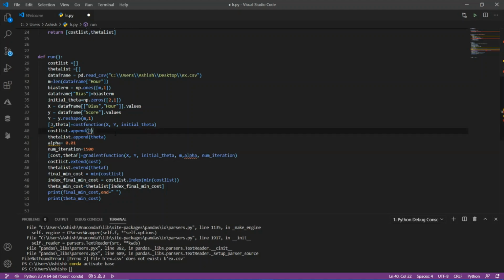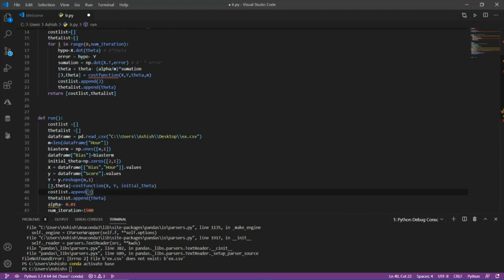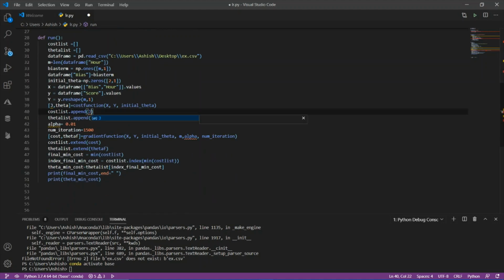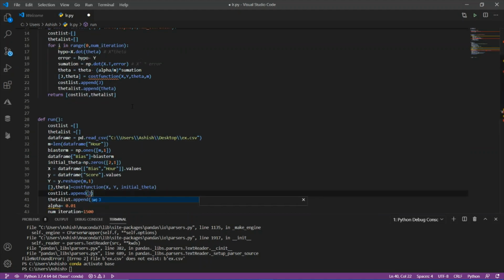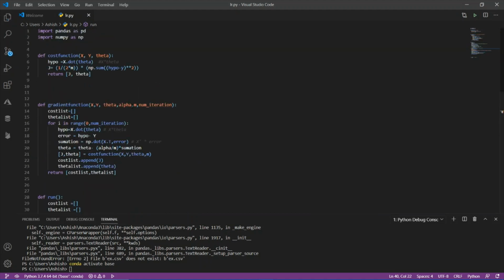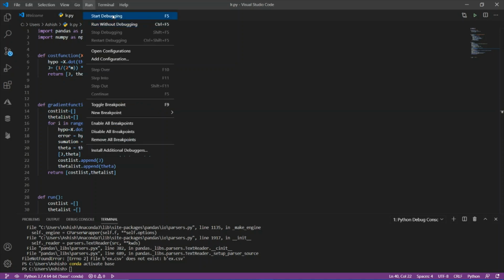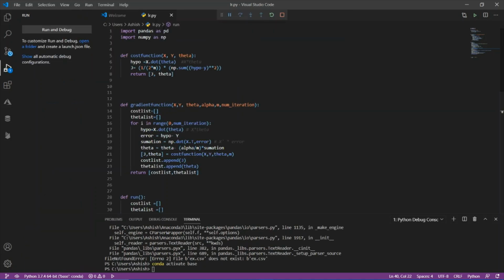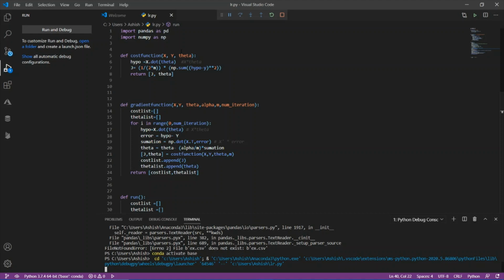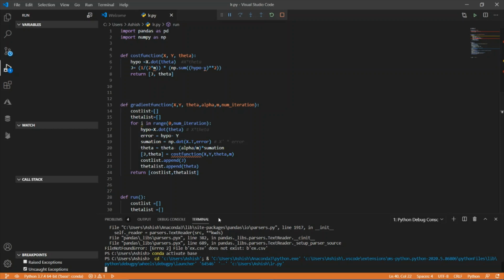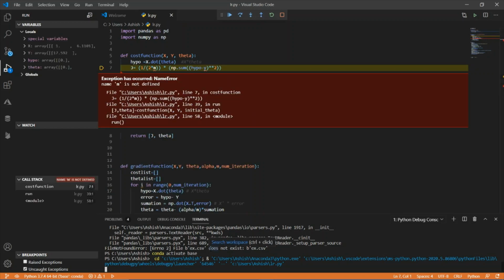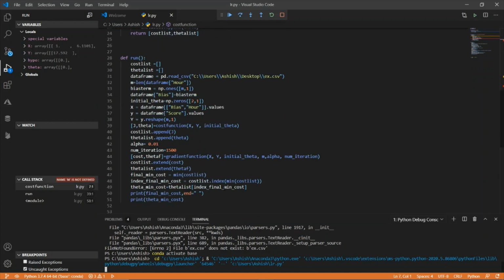This j cost function should now work. Oh okay, sorry for that.